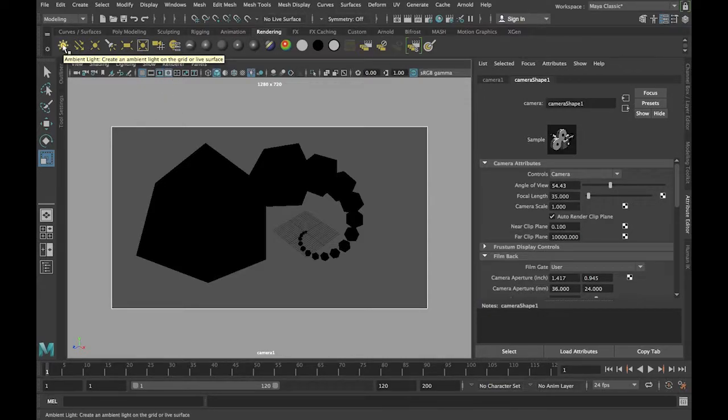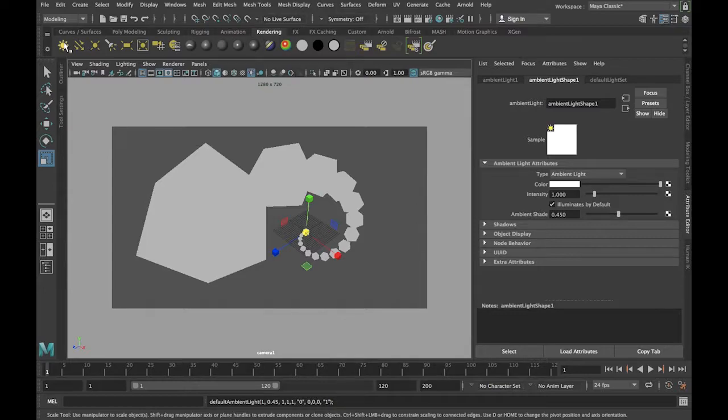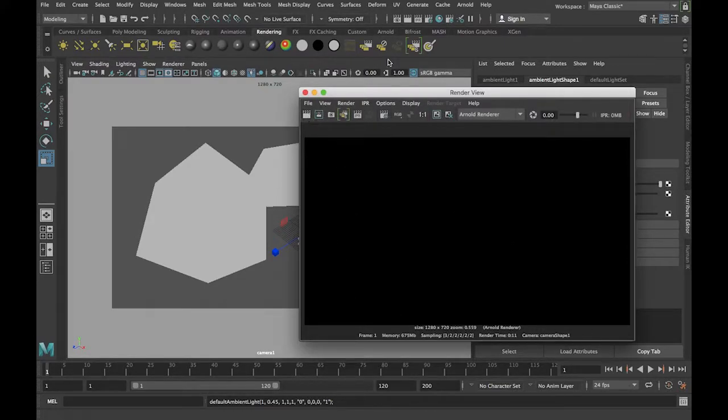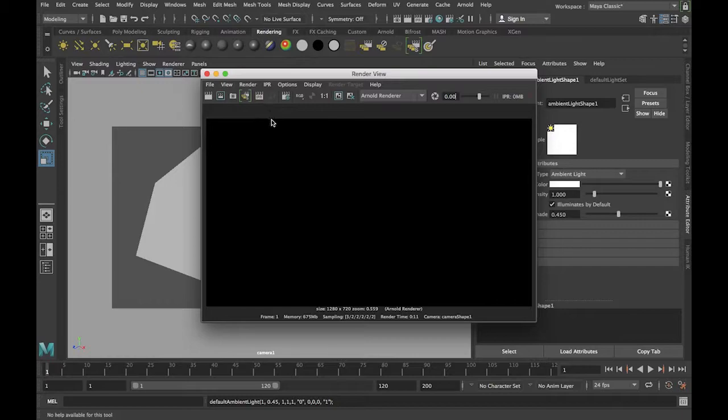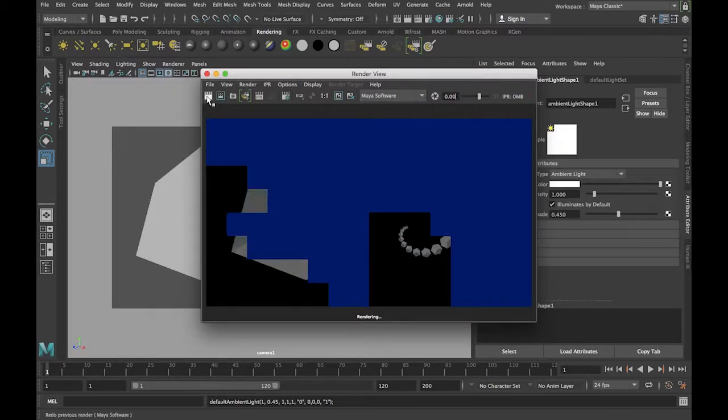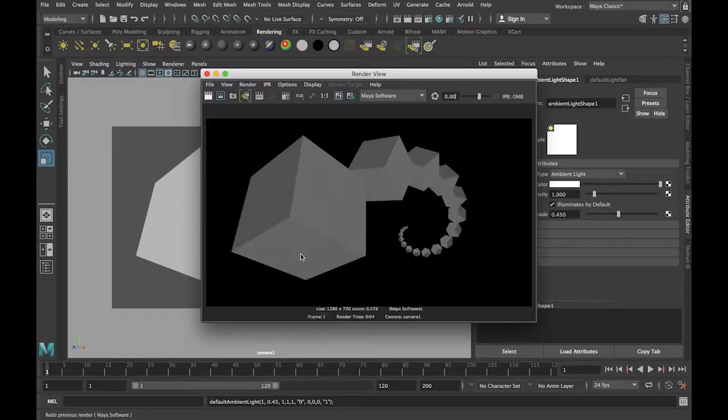This ambient light here, if I create an ambient light, is just going to flood every cubic inch of my scene in a kind of unrealistic way. So let me now go to my render view and try to render this. Actually, let's go to Maya software and render so we can see what this looks like. So I have very even lighting over all of my objects